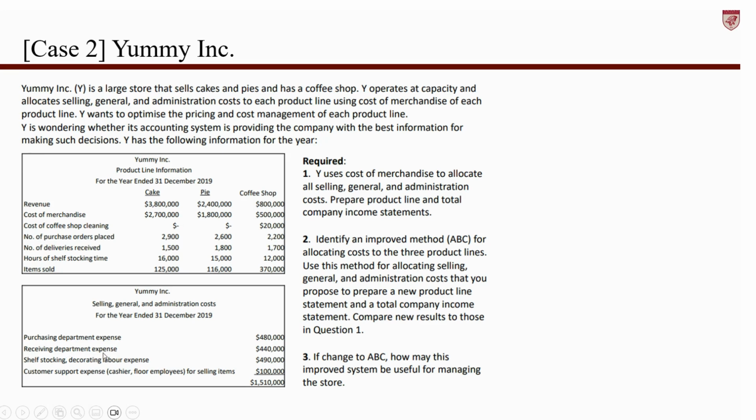Receiving department expense. So this is related to how many deliveries received across different cost objects. So the deliveries received is going to be the activity driver. And then for the shelf stocking labor expenses, let's say this hours of shelf stocking time is the right allocation